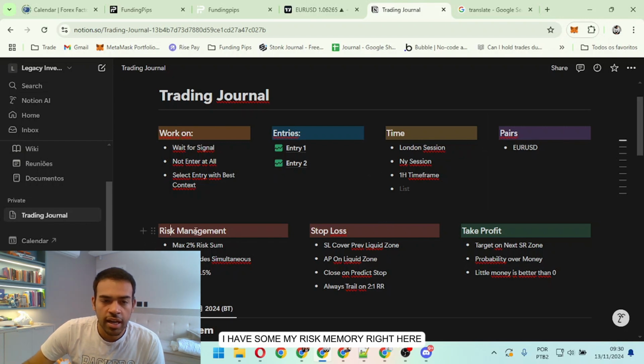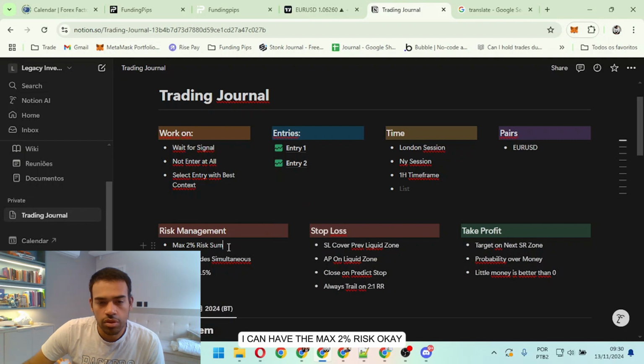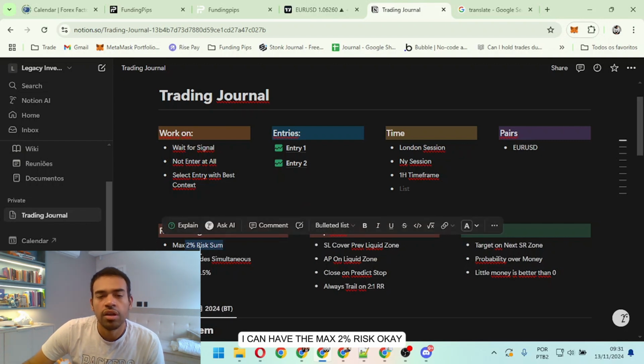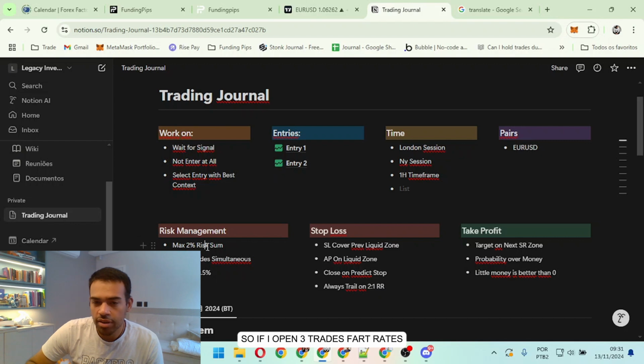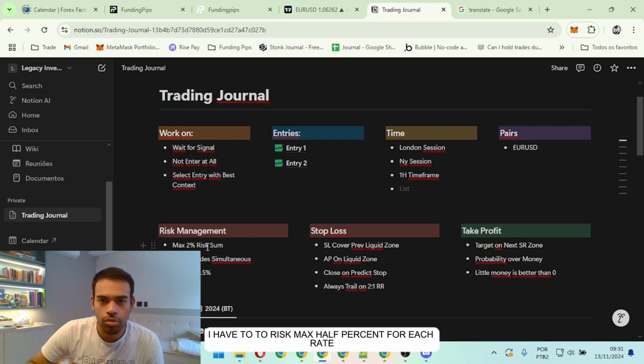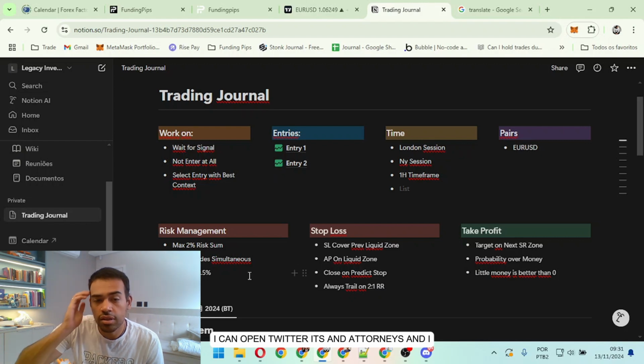Okay, I have my risk management right here. If I open more than one trade, I can have a max of 2% risk. And I can have a 2% loss sum over all the day. So if I open 4 trades, I have to risk a max of 0.5% for each trade. And if I open 4 trades in the day, I can lose a max of 2% risk of the day. I can open 3 trades simultaneously, and